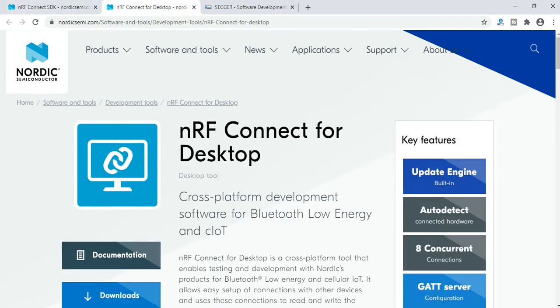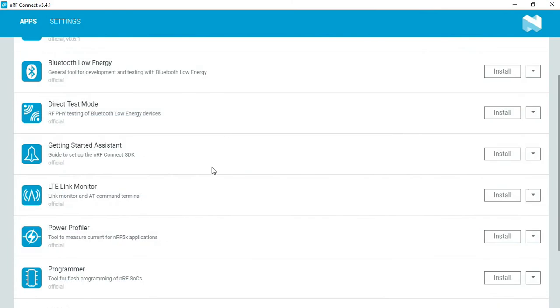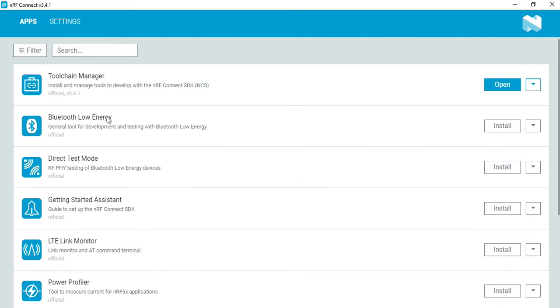Now when you go back, you have this nRF Connect, which has something called a toolchain manager. Because we already tried to install this, it now shows open, otherwise it will show install as well. This downloads the entire toolchain for this SDK.